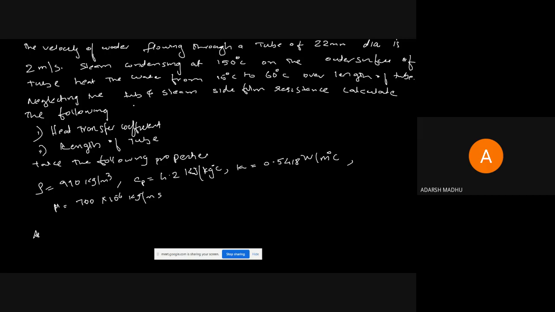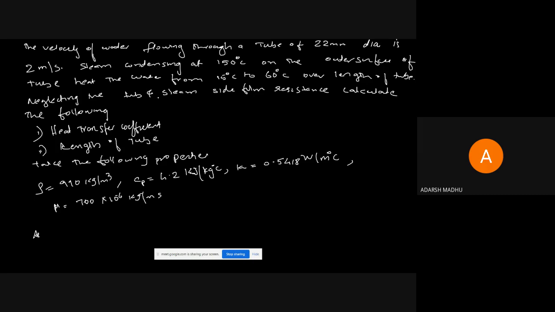neglecting the tube and film side resistance, neglecting the wall resistance, only H bar initially. So none of these things are present here, and you don't need to find the value of the overall heat transfer coefficient. If you did need to find it, the value would be given: the inner surface h value would be this, the outside heat transfer coefficient would be this, h input and h output would be given. So you would find U as 1 by U equal to 1 by hi plus 1 by ho.